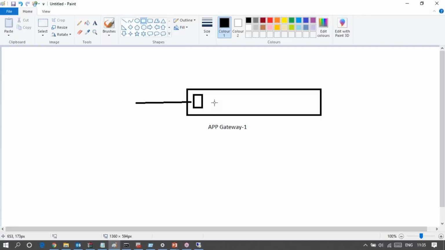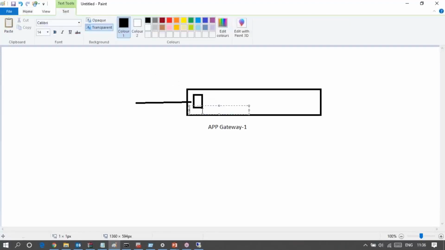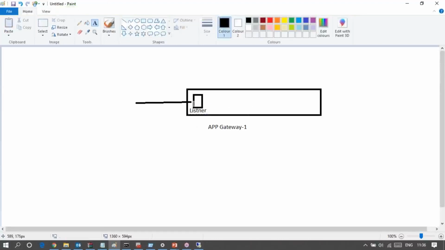So the IP address is your VIP actually. The listener is the hitting point of the client. After getting the request from the client, the listener will find out the routing rules, what routing rules you have defined. Based on the routing rules, the backend pool will be used.